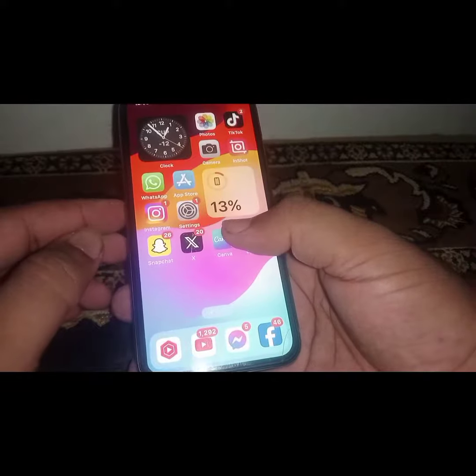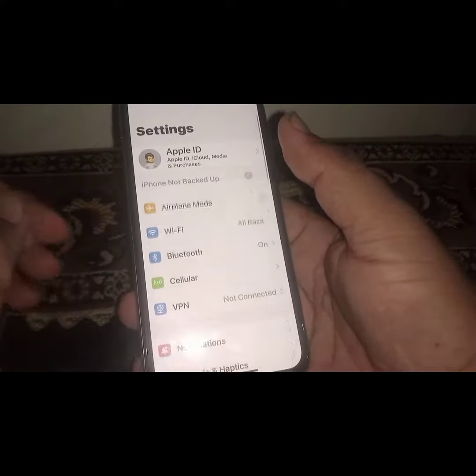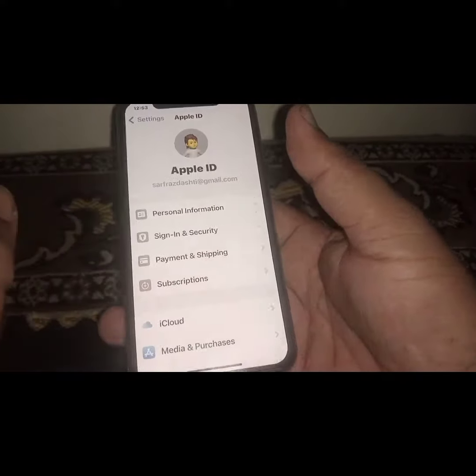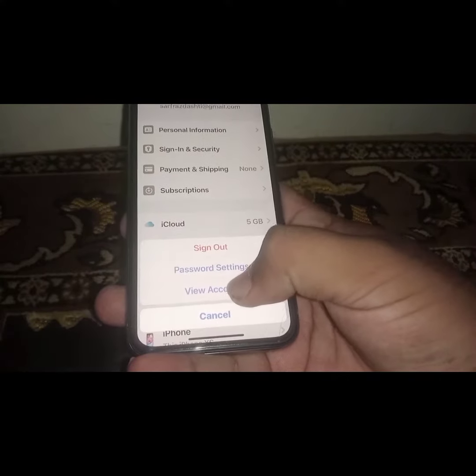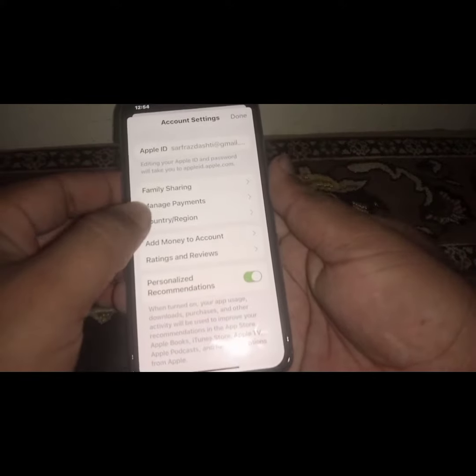First of all, open your Settings and from here click on your Apple ID banner name, and from here scroll down and click on Media and Purchases and click on View Account. What you need to do is select your correct country or region after update iOS 17, and from here click on Country/Region